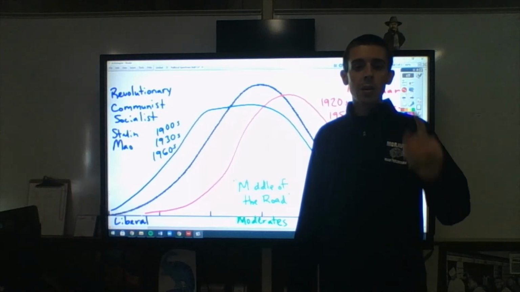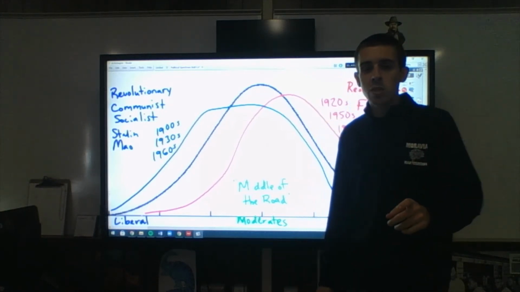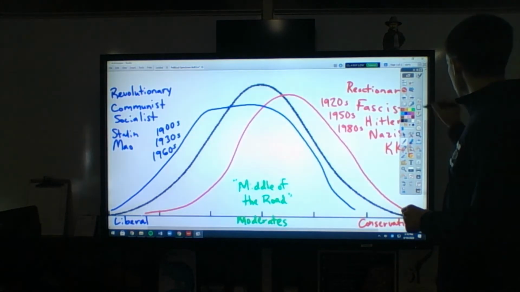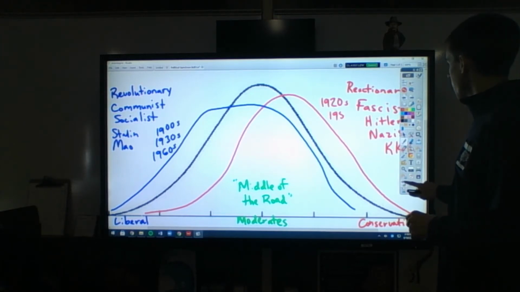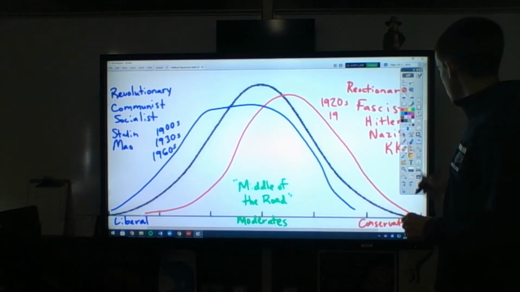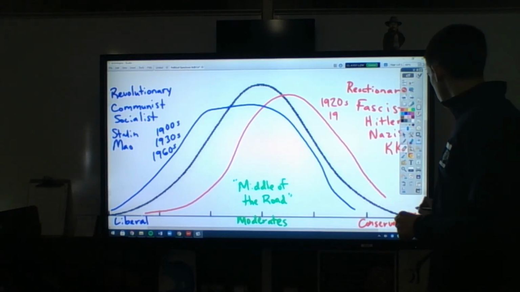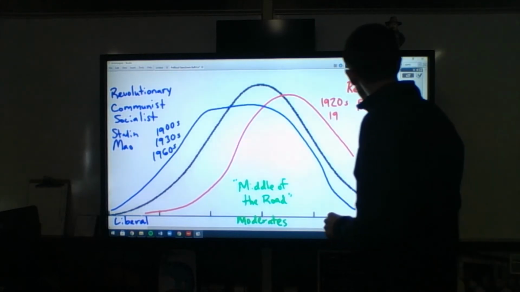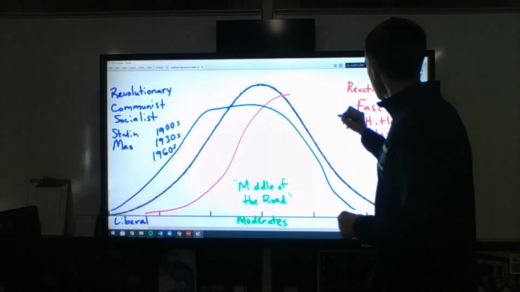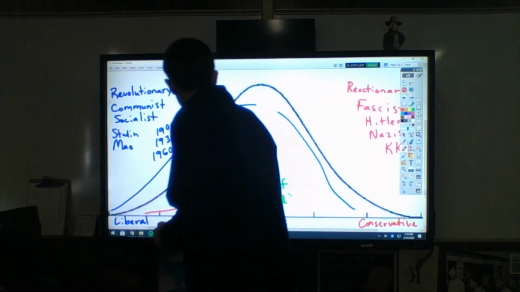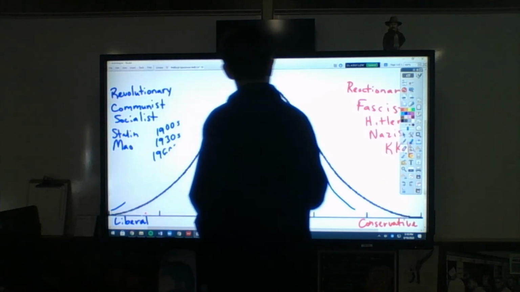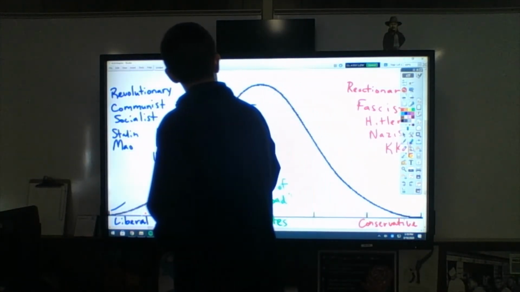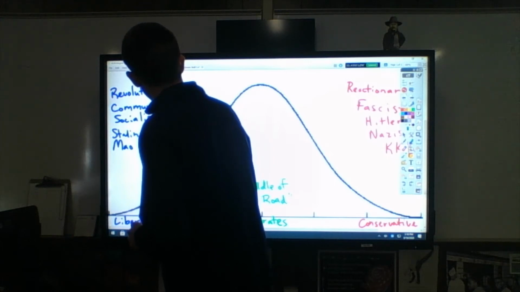I want to talk about a couple more things. Okay, so I'm going to end up erasing what I just wrote with those decades. Let me see if I can erase all of this. I guess I might just do an eraser. That might be easier, because I got an idea of what I want to do. Usually it's fun to try to place some people on this political spectrum, place some politicians that we might know of. So let me finish erasing this and then I will show you what I'm talking about.